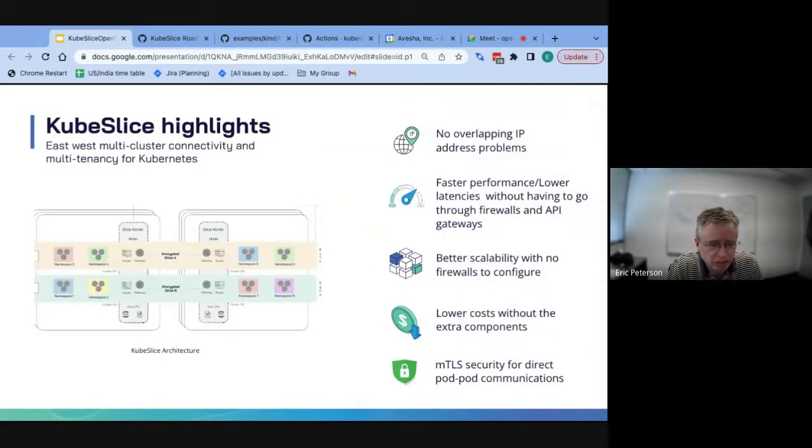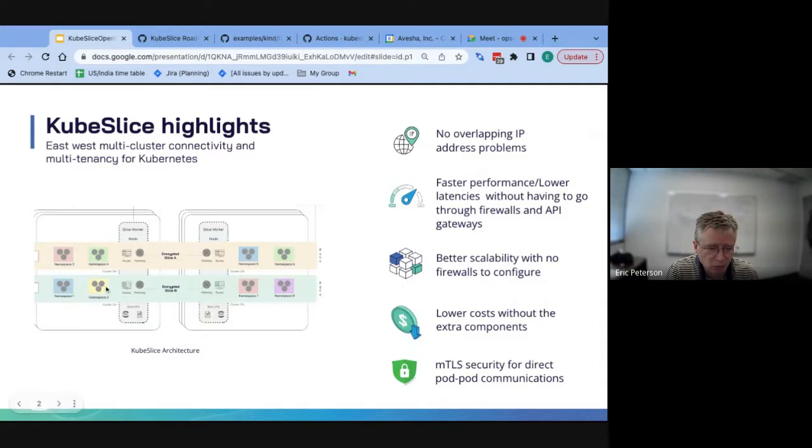Yeah, so for starters, let's just talk about KubeSlice a bit. I'm not sure how aware everyone is of what's going on, so just a brief review. First off, the fundamental things we're trying to address with KubeSlice is that we're adding multi-cluster connectivity to Kubernetes as well as multi-tenancy for Kubernetes. What we're trying to show in this picture, by the way, I'm not sure if you can see my mouse, is two slices spanning two or more clusters. Really, we can span n clusters.